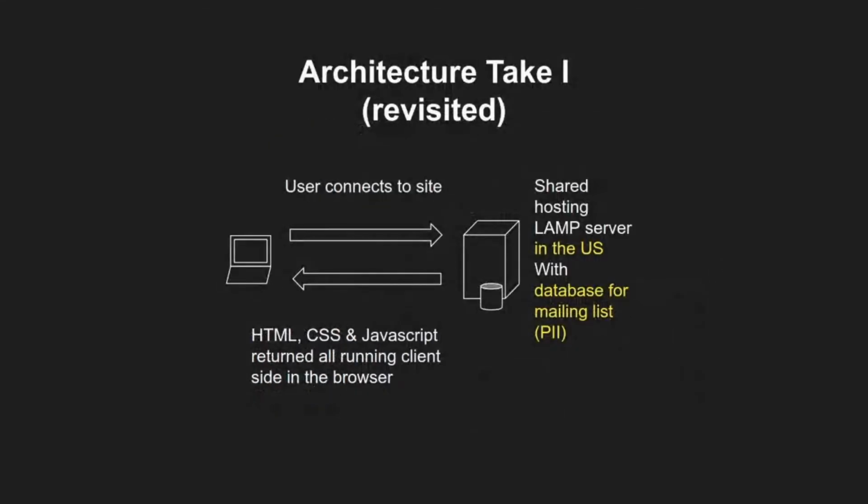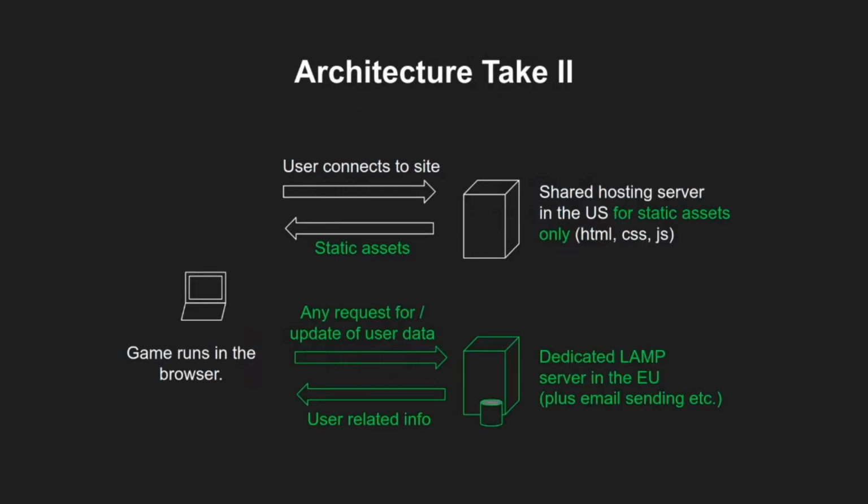So if we were visiting the architecture I had, the shared hosting server was in the US with the database of everybody. I mean, everybody, it's just the email list, the email address. I didn't really save anything personal there, but still, a mailing list is personally identifiable information. I can't save it in the US. So I had to split. So now I have a dedicated LAMP server in the EU, which is according to the GDPR and the email